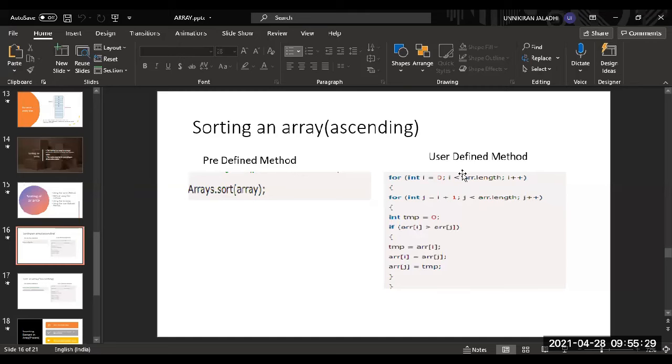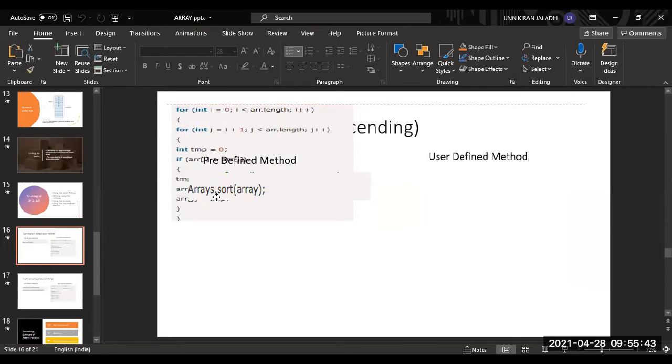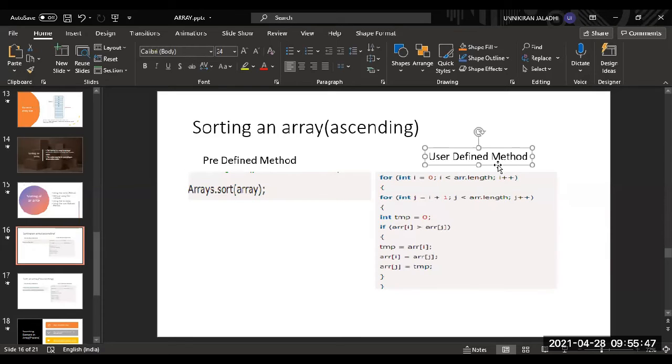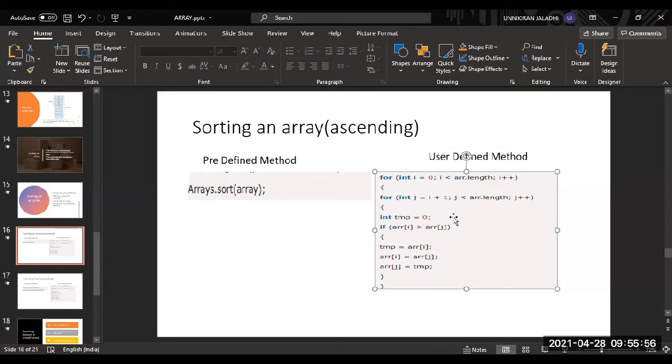See this, use a different method. Using a different method means we are not going to use the structure we have inside our program, we have to use this one. We are going to use this type of method. It is a linear model, and they call this linear sorting.